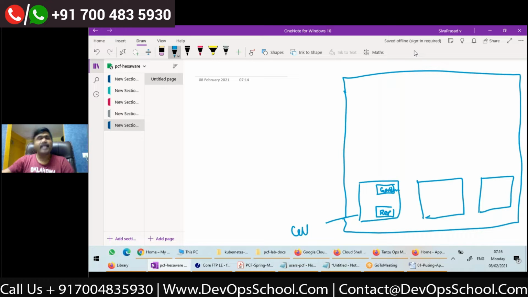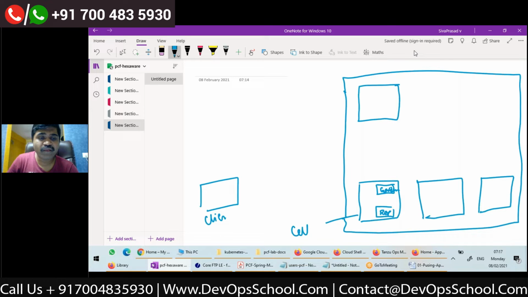Tell me, in Cloud Foundry there is one component which exposes a REST API, and a client will talk to Cloud Foundry by making a call to this REST API. What is this component? Cloud Controller, CC.